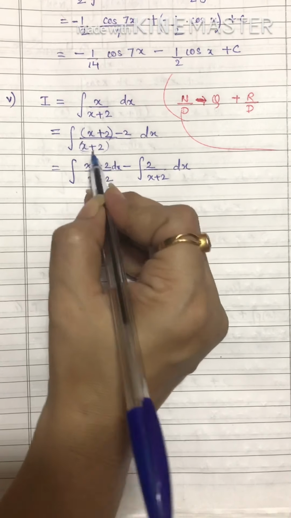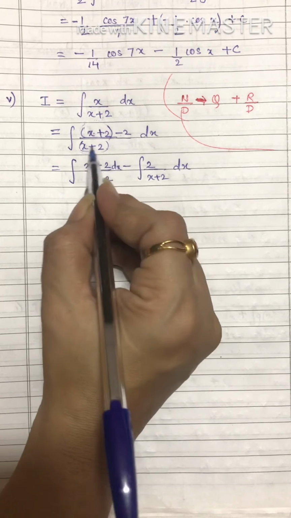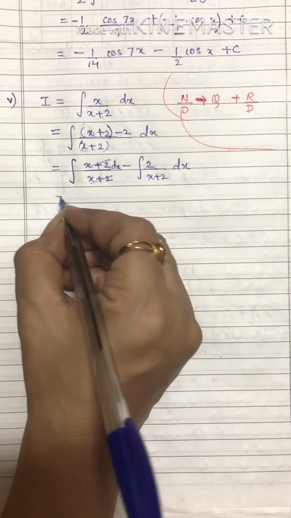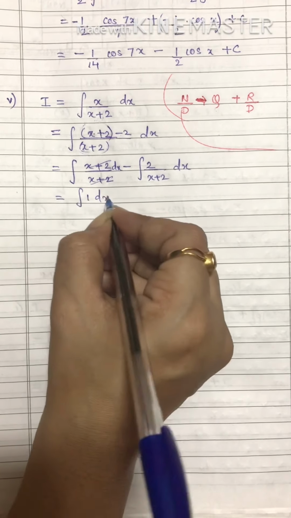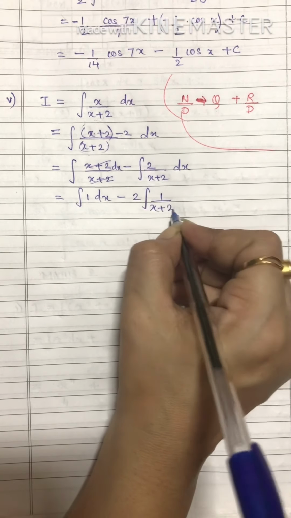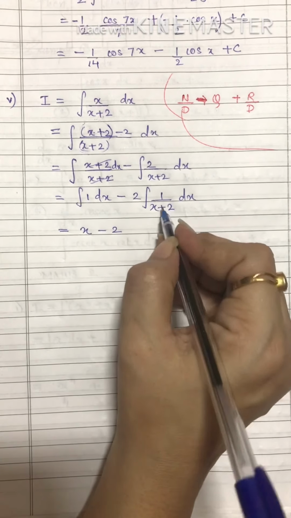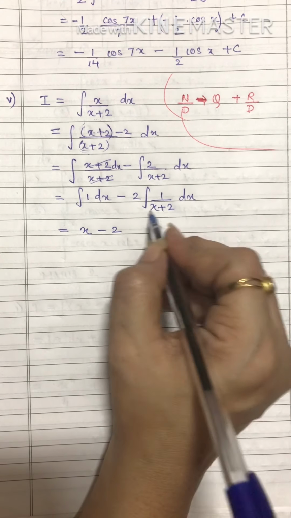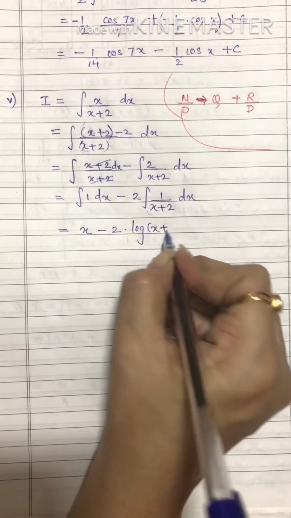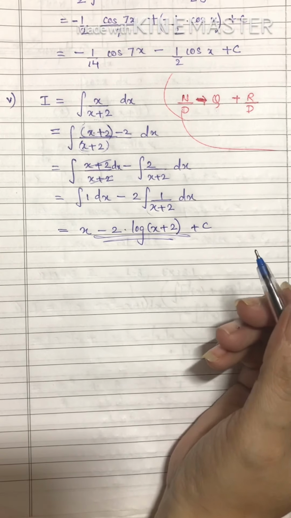What I have done is, this denominator x + 2, I have taken for the first term, that is x + 2, and then for the second term, that is minus 2, and then written it like this. So here this gets cancelled, we get integration 1 dx minus, this 2 we will take out, so we get 1/(x + 2) dx. Now integration 1 dx is x, and integration of 1/x is log x. So for integration of 1/(x + 2), the same thing you have to use, only in place of x we have x + 2, plus c. Okay, this is the answer.